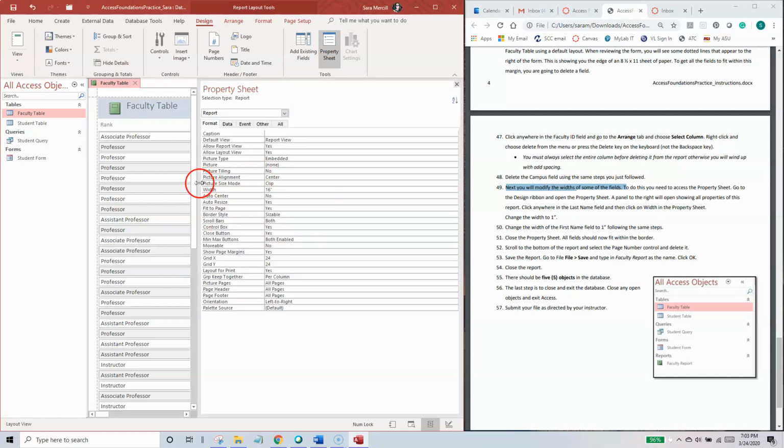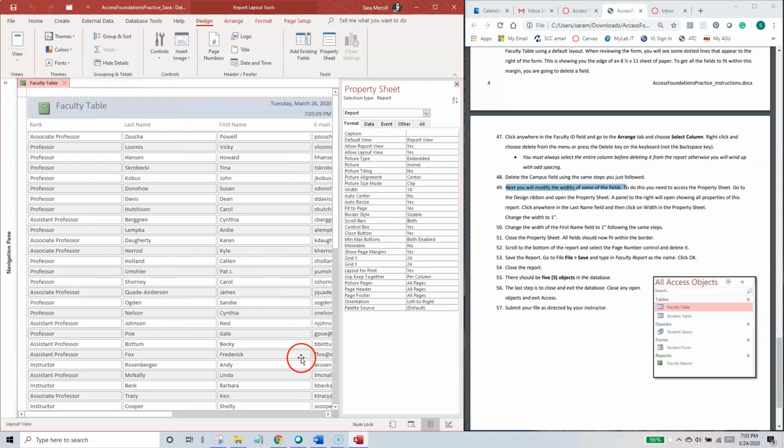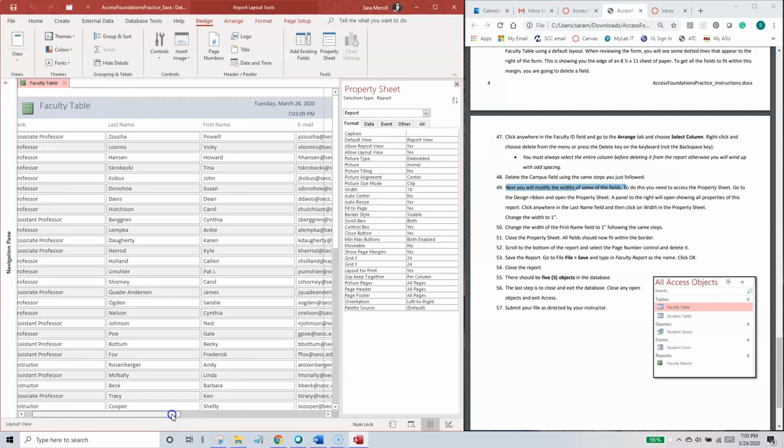So this opens up another panel. It can look a little overwhelming. It's okay. Don't have to be overwhelmed. And to give myself a little bit of real estate, I can actually hide this navigation pane over here on the left by clicking this double chevron, so I have a little bit more room. All right, so